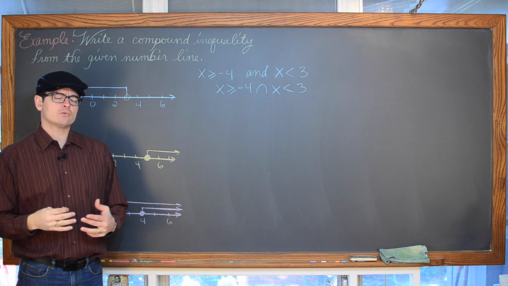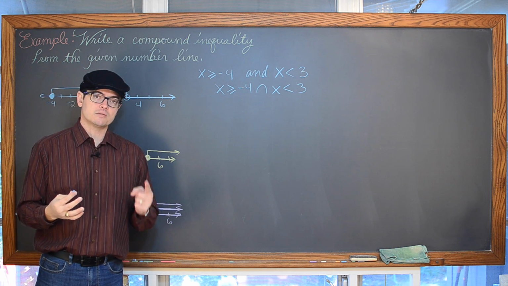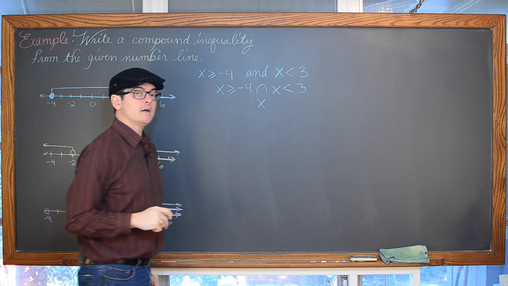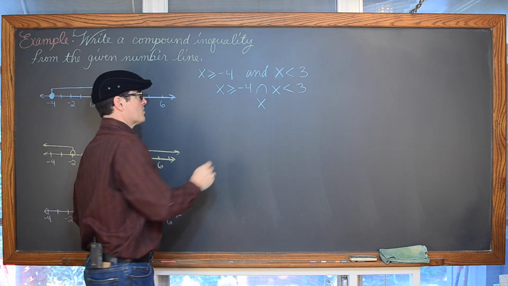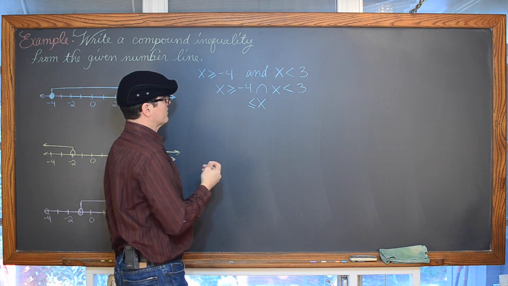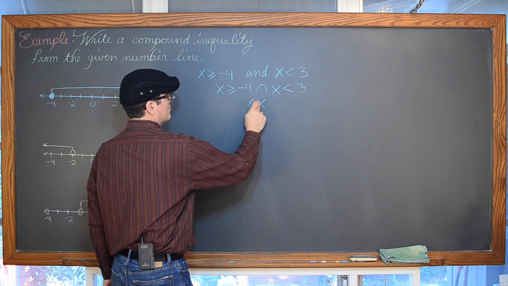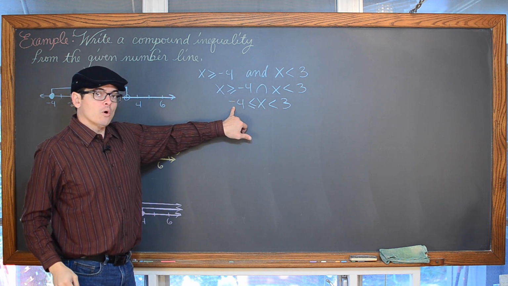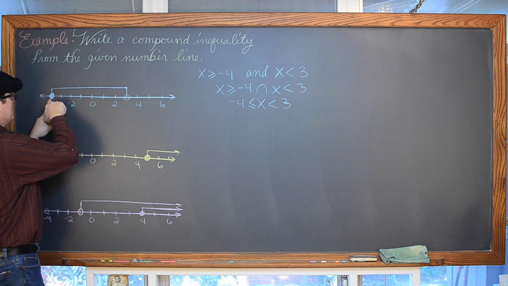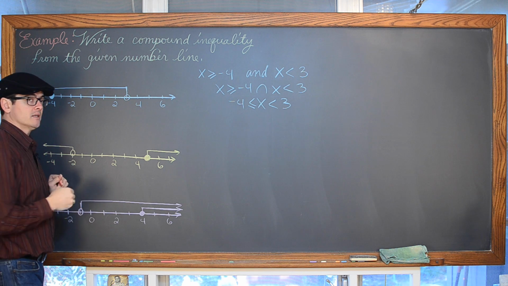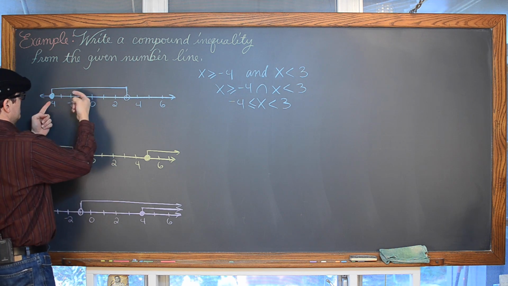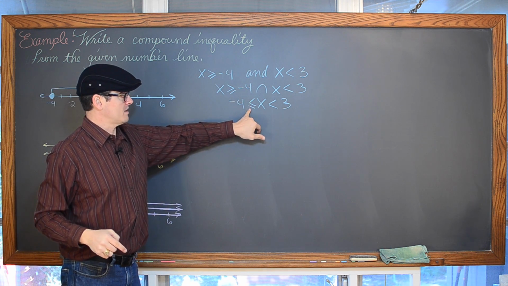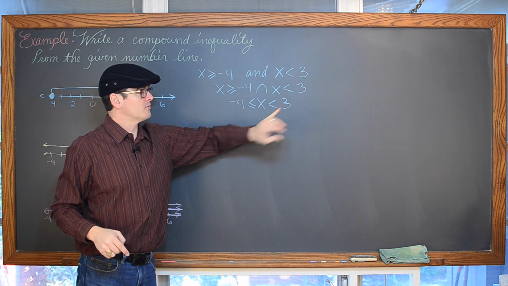With these compound inequalities joined by the word and, you can write one single sentence with two inequalities in the same sentence. So let's turn this around, the open side of this inequality is towards the x, so we're going to turn that around as well and leave it with that same orientation, open towards the x, and have -4, and then 3. So -4 is to the left of all of this area that is shaded, at least up until you get to 3. And as you move to the right on the number line, those numbers get bigger. So -4 is less than or equal to x, which is less than 3.